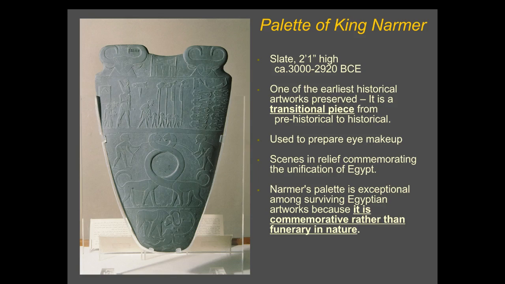This palette of King Narmer was used to prepare eye makeup. The Egyptians wore eye makeup. So a lot of times you see black eyeliner around their eyes because it was very, very bright in Egypt. Obviously, the reflections off the sands and even in the more Nile regions, reflecting off the water. So they would use the black eyeliner in order to kind of reflect, like sunglasses. Instead of absorbing the sun, it would make it bounce, or it would absorb it instead of reflecting into your eye.